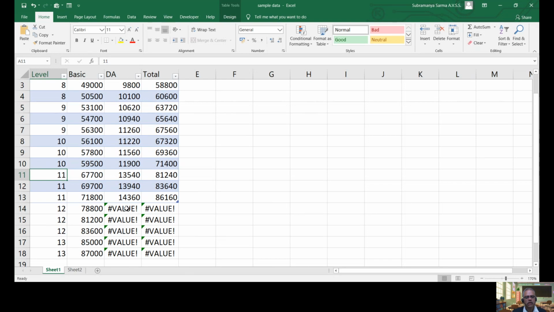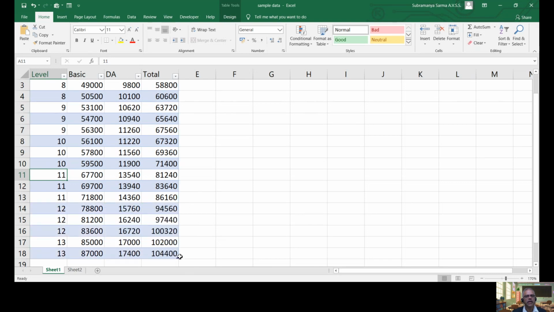But here you see, once we resize it, why have values gone? If you observe from row 14 onwards, the basic is there, but DA and total are not computed. Why? Because whenever we gave the formula, we were referring to the column headings. In normal Excel data, we generally use cell references. Because we did not use cell references, that's why it's showing some error, in a table.